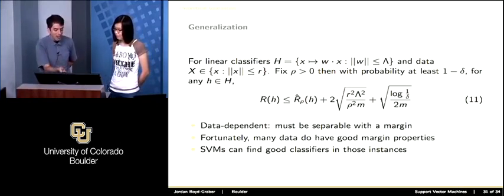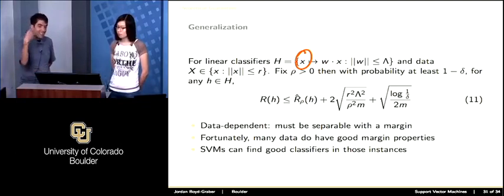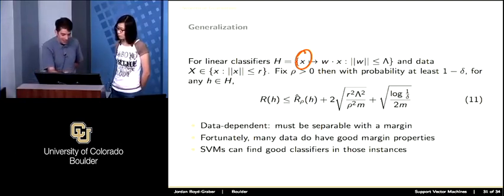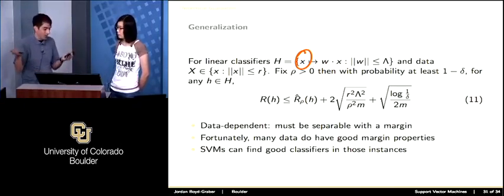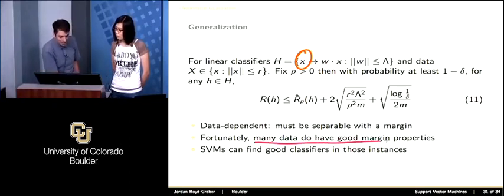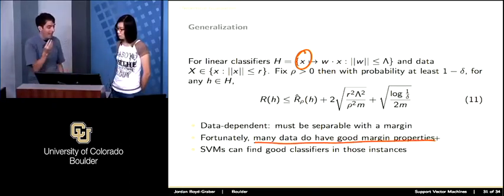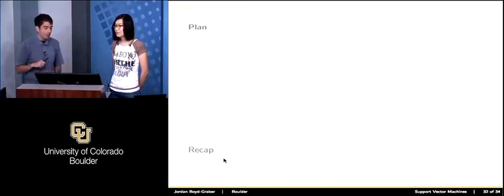So that's the good part of this. The bad part of this is that it's data dependent. It actually depends on what your data are. Thus far we've been talking about mostly data independent learning bounds, but this actually depends on what your data are. And so you need to look at your data first before you know how well you're going to do. But in practice, many data do have good margin properties. And if they have these good margin properties, SVMs work well. Okay, so to wrap up,